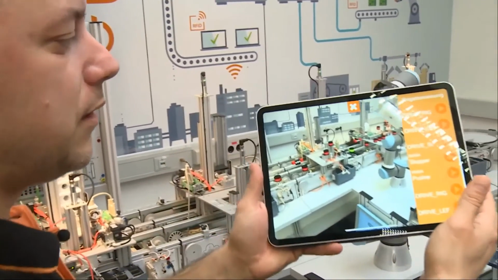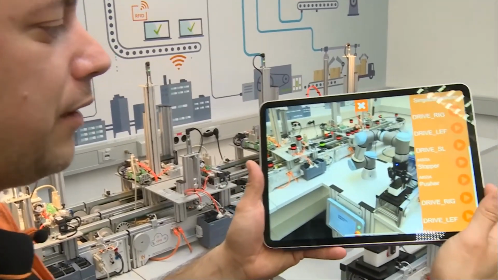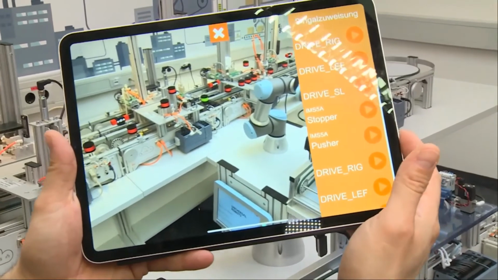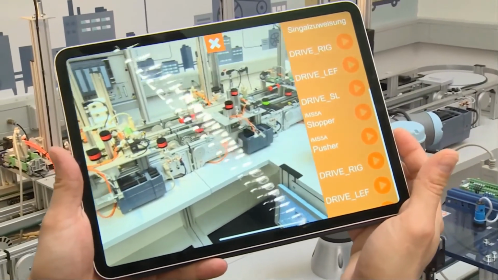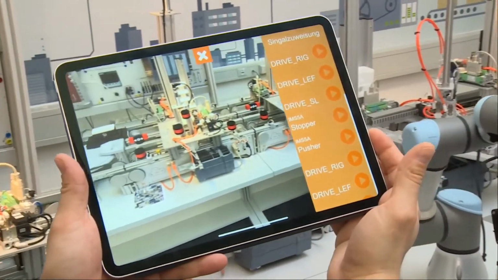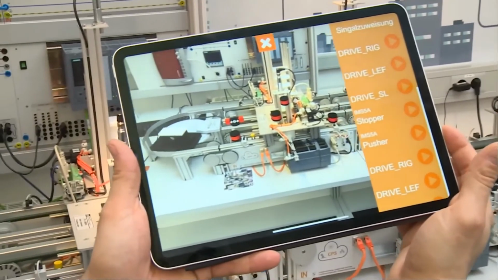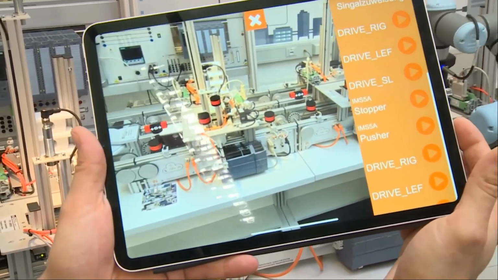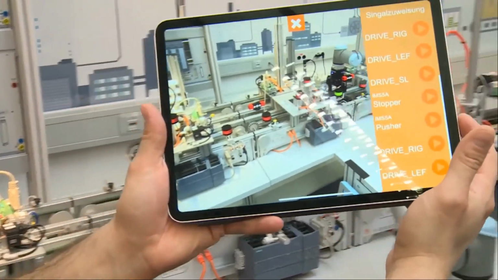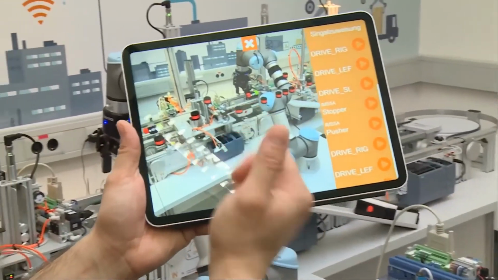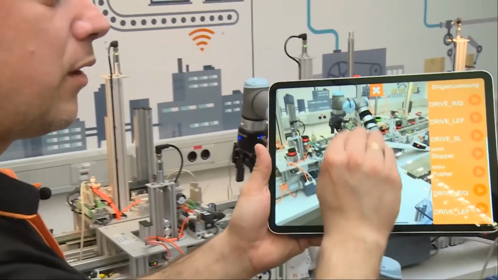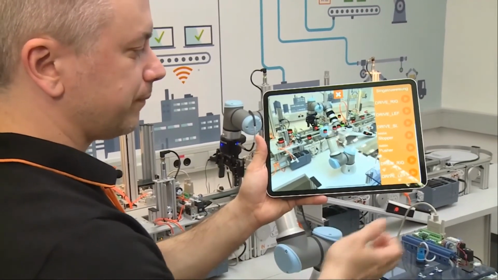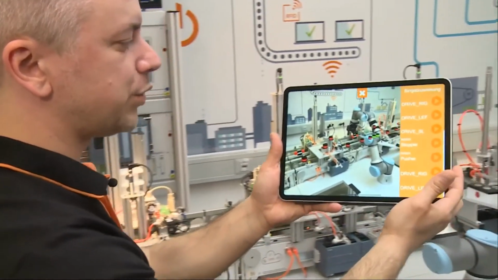All the signals you can define by yourself. Everything is freely configurable. That means you can configure all the sensors and actuators, and then you can see the signals here live. You can also position the sensors where you want to have them in augmented reality.